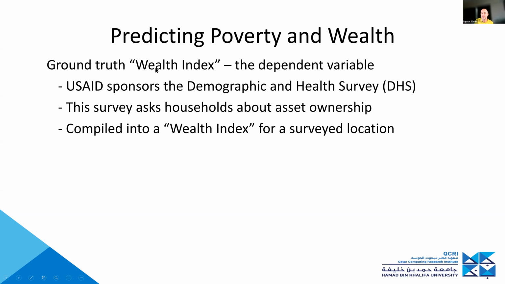So, yeah, you get some sort of ground truth that you'd like to predict. In this case, the ground truth comes from USAID's Demographic and Health Survey, DHS. And this survey has data on asset ownership. So they would ask households, basically, how much stuff do you have, right? They would ask, like, do you have a fridge? Do you have running water? Do you have a mobile phone, etc.? Then all those answers are compiled using principal component analysis into a single index called the wealth index, where a large positive number means the household